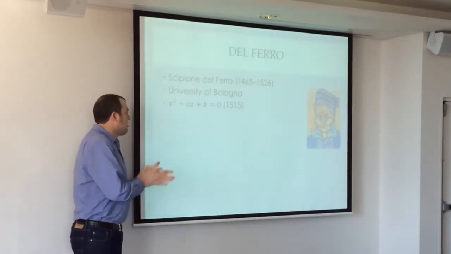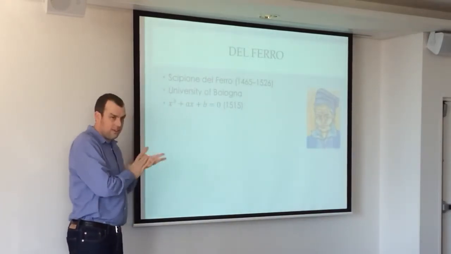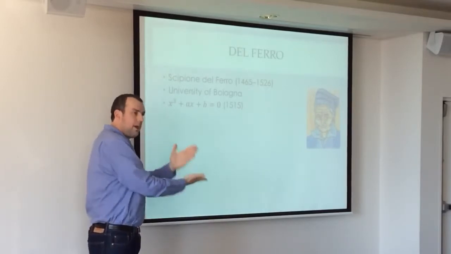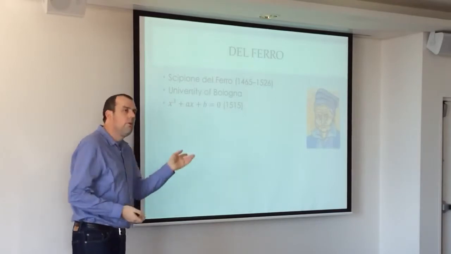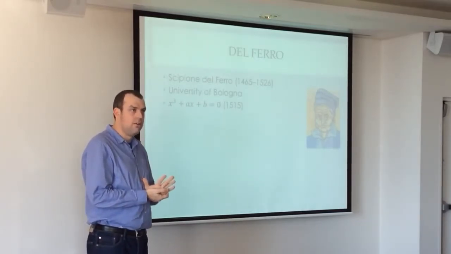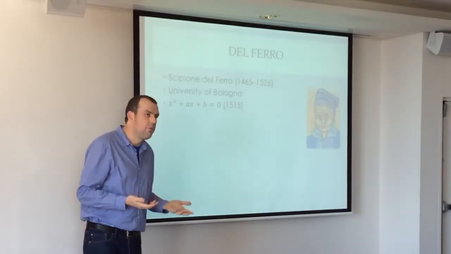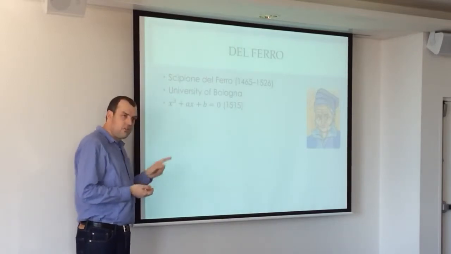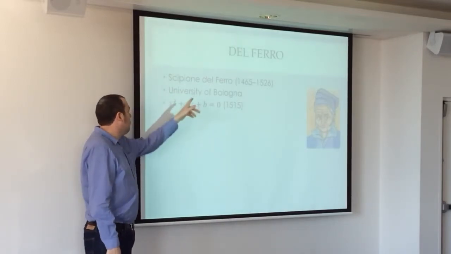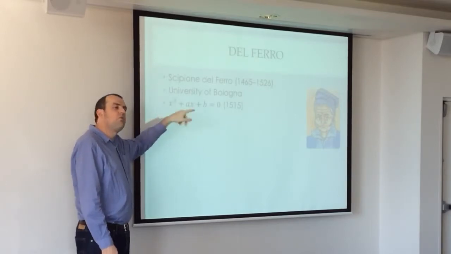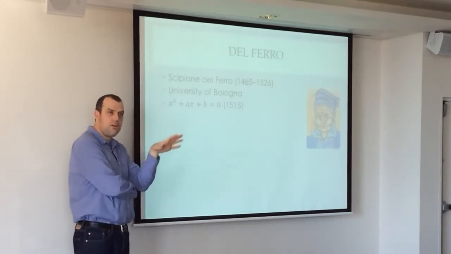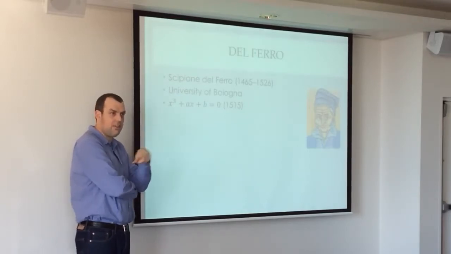All right, now we get to 16th century Italy, and this is amazing. All right, there's just the bang, bang, bang, bang in the one century in the one place. Del Ferro. And by the way, who's heard of Cardano? Okay, so we've got less than half the room, right? Cardano's a giant of the story, but Del Ferro solved the depressed cubic. Now, we've seen both. Which one do you think was harder, the depressed cubic or the general cubic? The depressed cubic is the correct answer, all right?